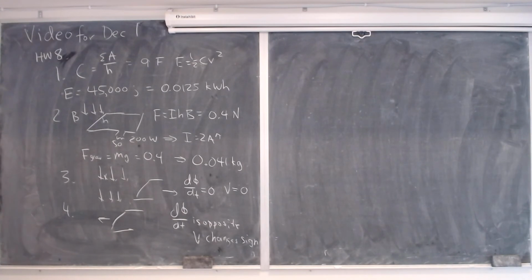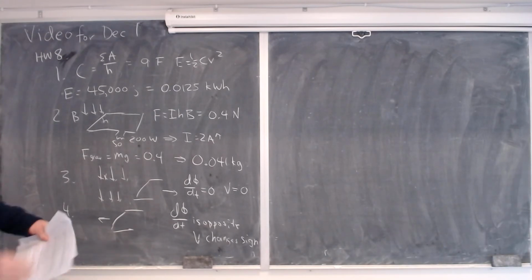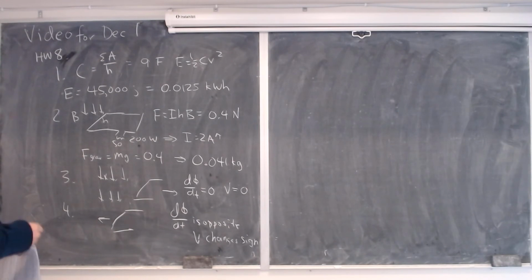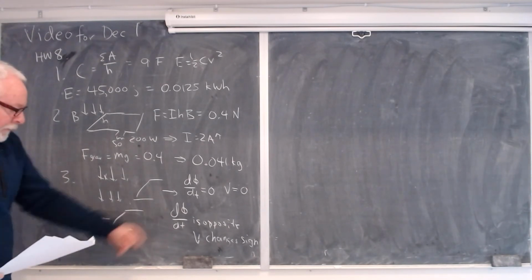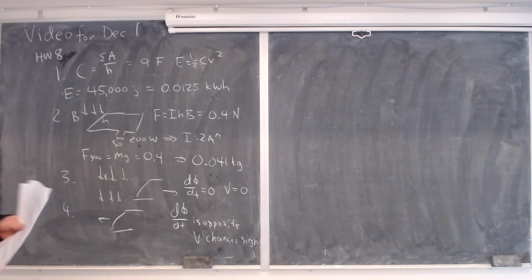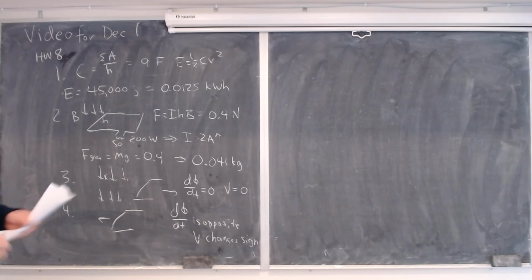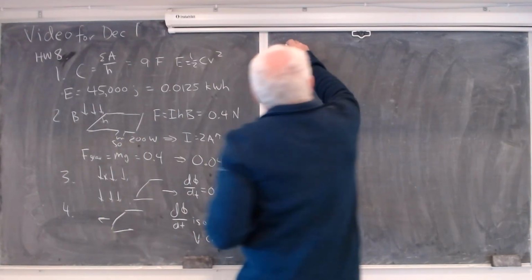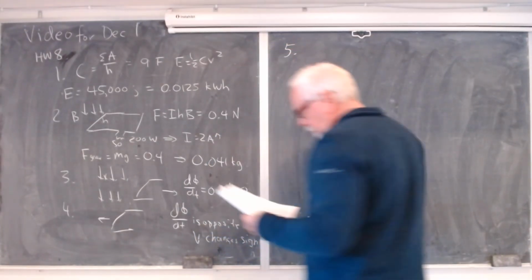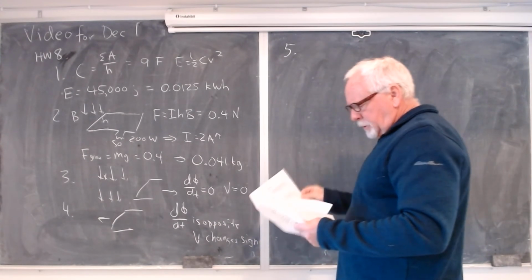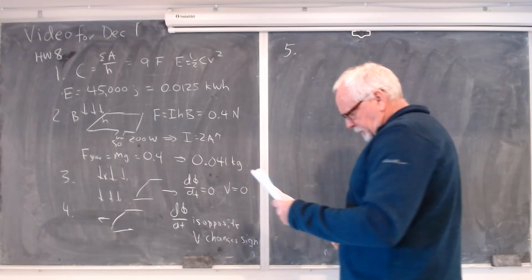So that was the point of that problem, to make sure that you understand that, in one direction, phi is going down because you're leaving the magnetic field, in the other direction phi is going up because you're going into the magnetic field, and so the phi, and hence V, changes sign. Okay, so that was those 4 problems, and I hope they provided some more illustration of how all this stuff works. And then the third one was this